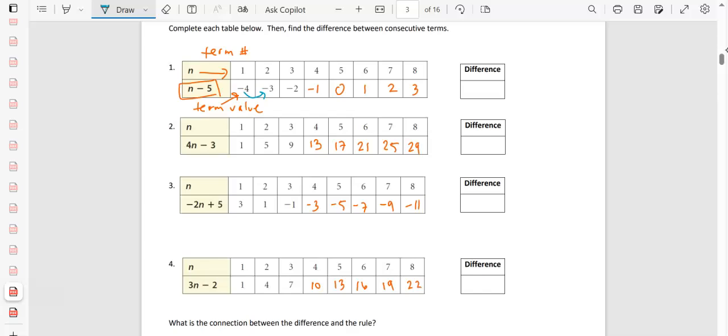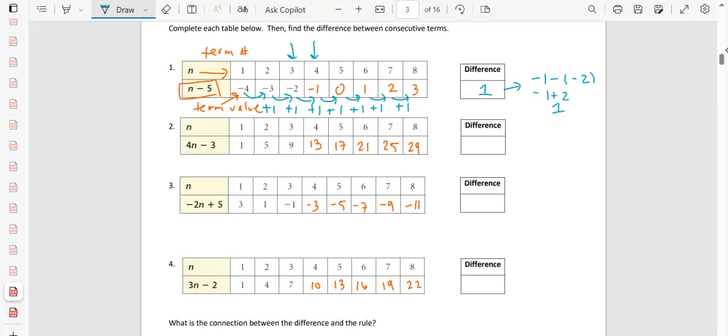To go from negative 4 to negative 3, I add 1. Negative 3 plus 1 is negative 2. Negative 2 plus 1 is negative 1. Negative 1 plus 1 is 0. 0 plus 1 is 1, and so forth. We call that the difference. The difference here means you take a larger term value, for example term 4, and you subtract the term before it, term 3. So to get this difference, I could do negative 1 minus negative 2, which is negative 1 plus 2,